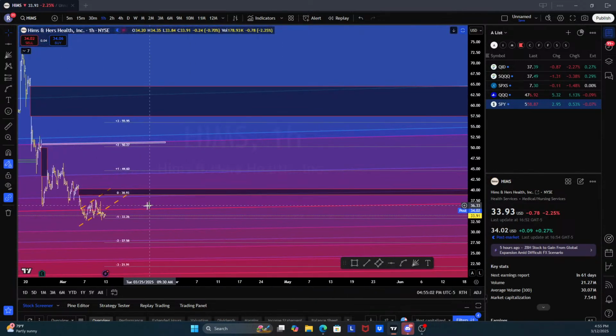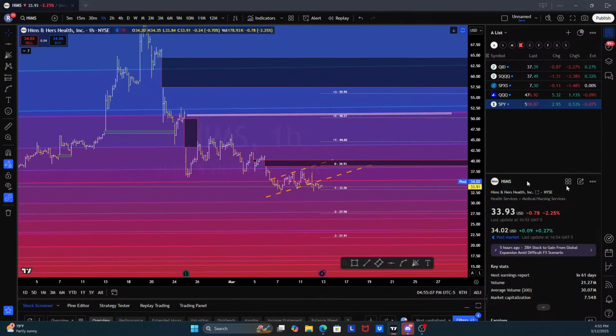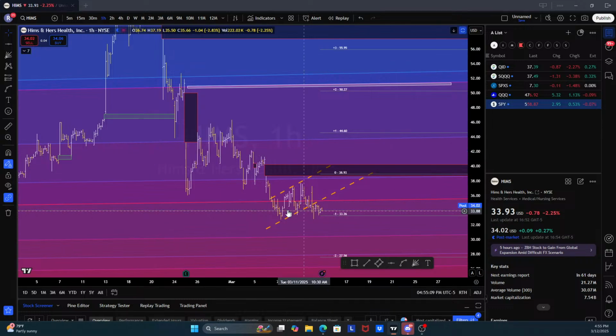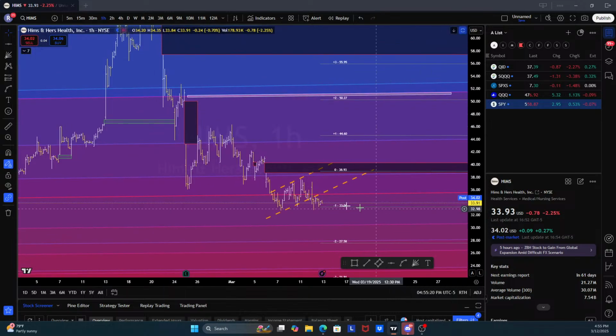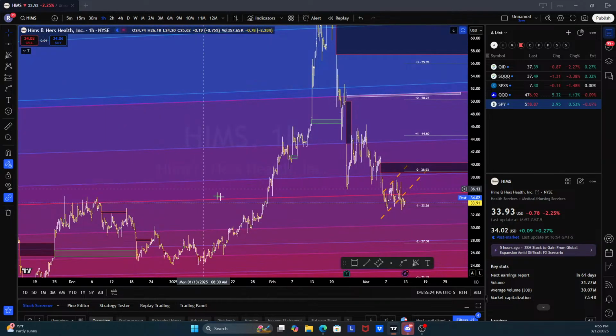It actually broke that flag that I was talking about last time we looked at it, because I think somebody called it out and I told them to make sure that this trend holds before taking calls up here, and it actually broke. So we could be seeing a retest. But if I'm going back, like I said,